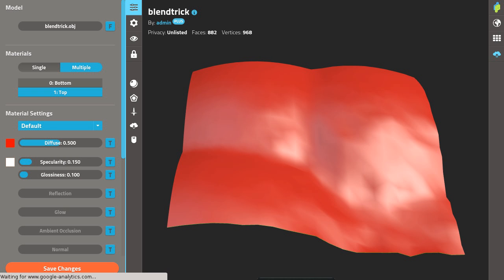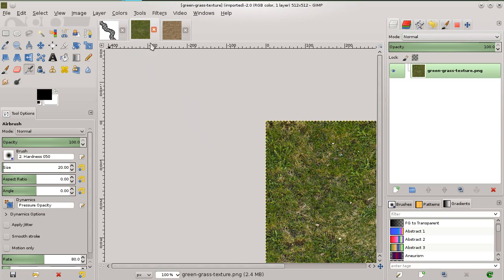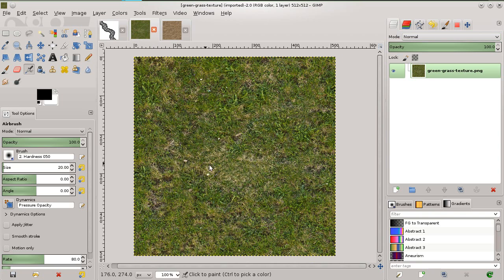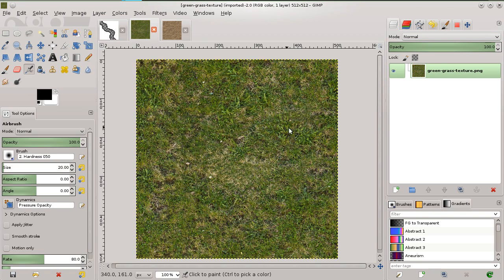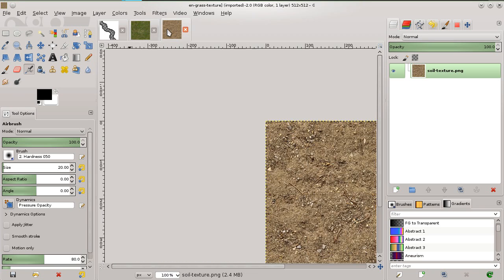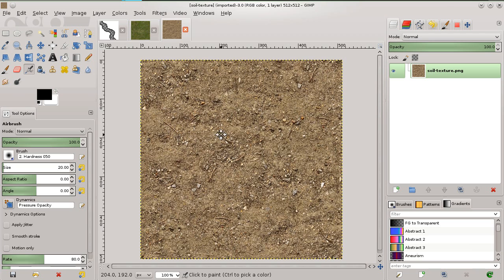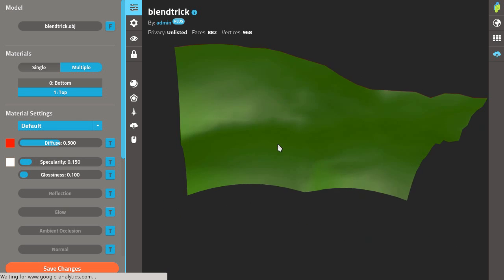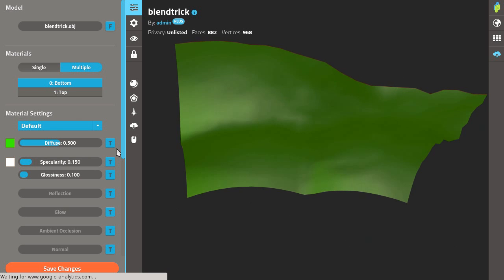Now I will need at least 3 textures. So what I got here is a grass texture, quite low resolution. This is only 512 pixels, wide and tall, and the same for the soil texture. So let's load this couple of textures into the model. So bottom,